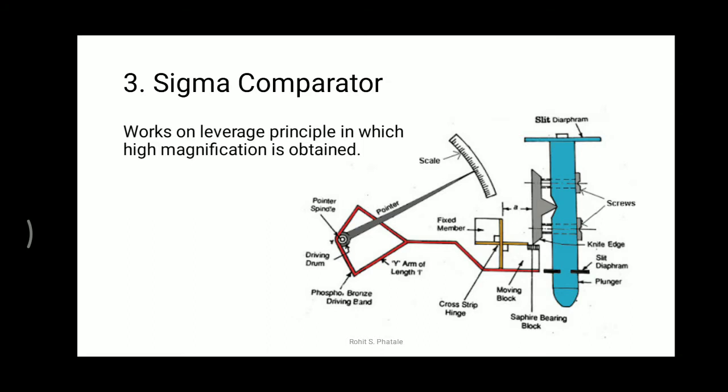If you get a very small input, the comparator will give a very large output. That's why comparators are employed to find out the errors in the actual and standard readings, or you can say in actual dimensions and standard dimensions. So this is the function of the mechanical comparator.